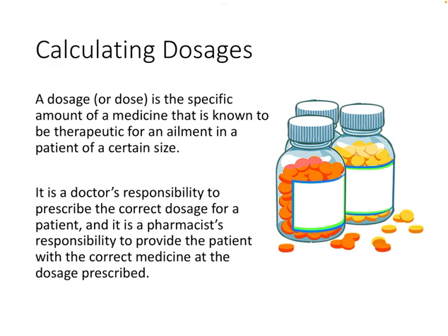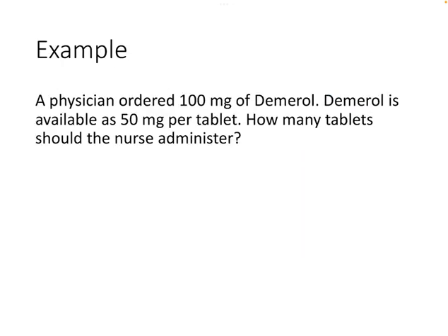And of course, it's a doctor's responsibility, or a physician's assistant or a nurse's responsibility, to prescribe the correct dosage for a patient. And it's a pharmacist's responsibility to provide that patient with the correct medicine at the dosage prescribed. So let's look at an example of how to calculate the correct dosage for a patient. And we're going to use something called dimensional analysis. So this is going to give us some practice